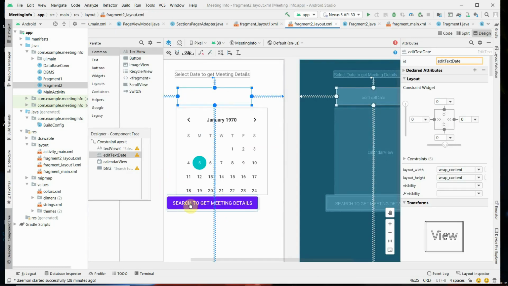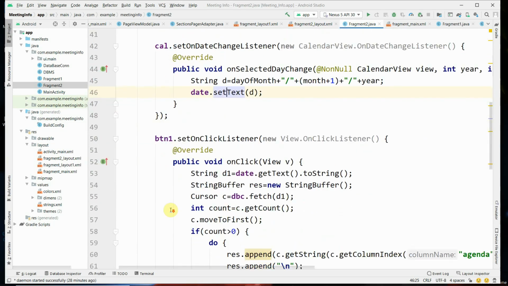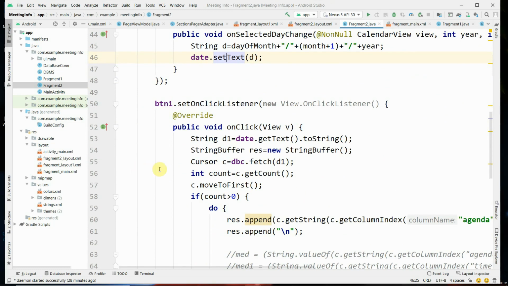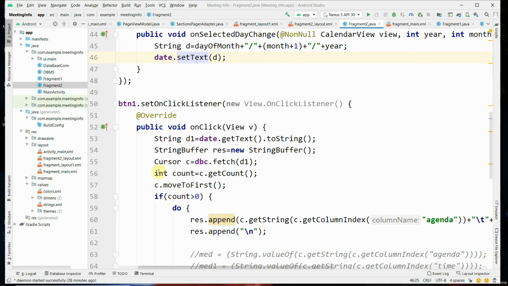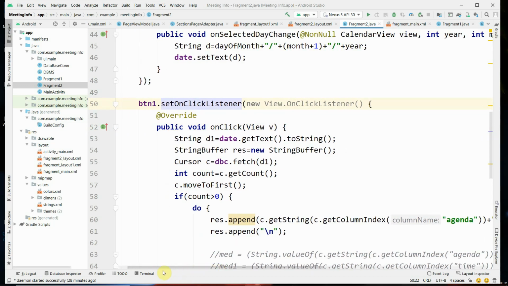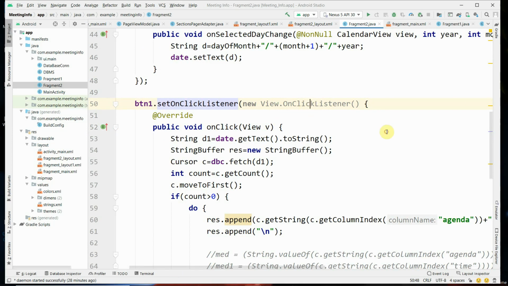When you click on search to get meeting detail from fragment 2, it retrieves from the database. To retrieve it from the database, you are once again overriding the on click method in the set on click listener event, with new View.OnClickListener.